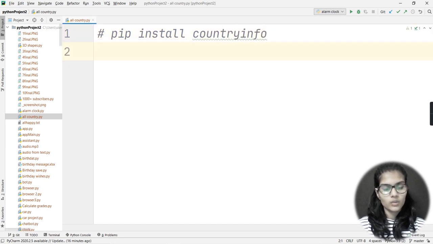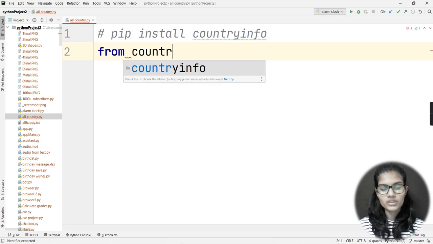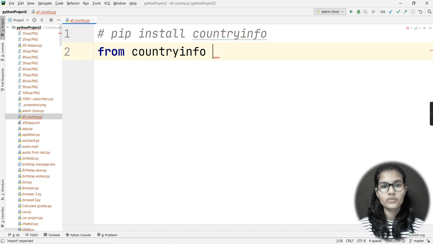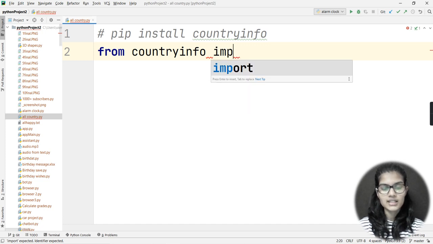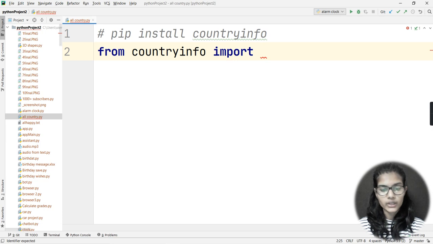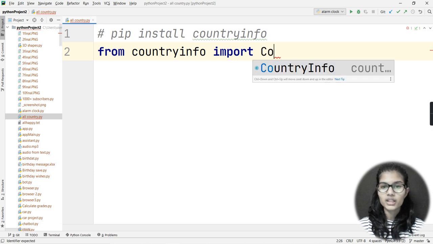Now, from country info, which is the library I just installed, I need to import a function, and that function is also called CountryInfo.